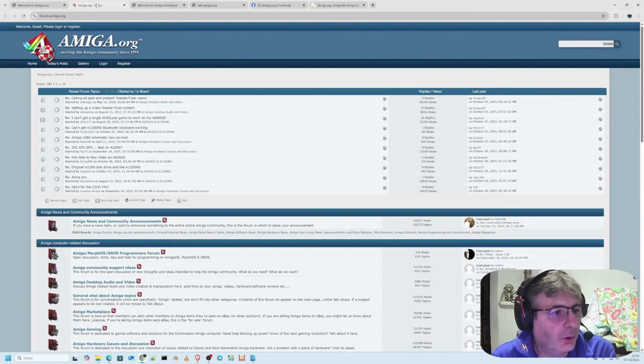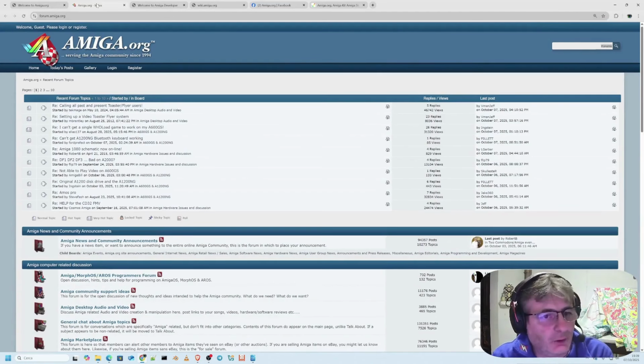Here you can see the forum, which brings together a whole group of veterans who actually lived through the golden age of the Amiga, as well as new and curious users who are discovering the machine through FPGA emulation, Amiga Forever, Vampire, and so on. Obviously, we have a lot of contributions here. Of course, we won't go through everything here, but users share technical guides, repairs, OS configurations, software, and even tools they've developed themselves, as well as news, fairs, events, and lots of discussions, because this section is very extensive.